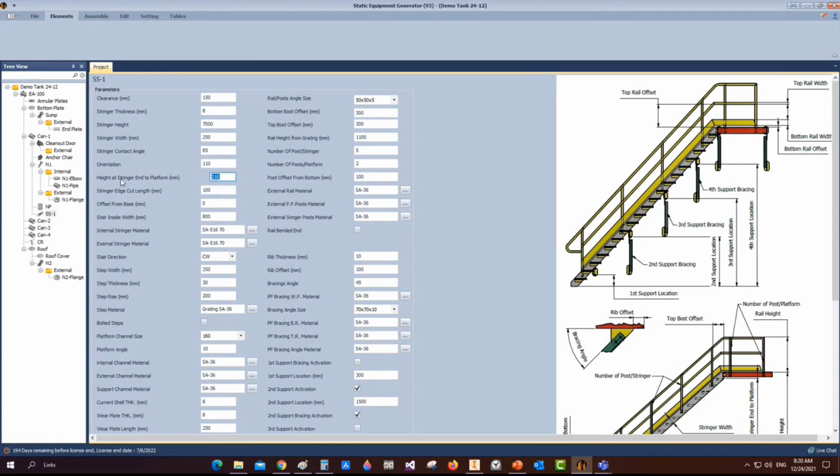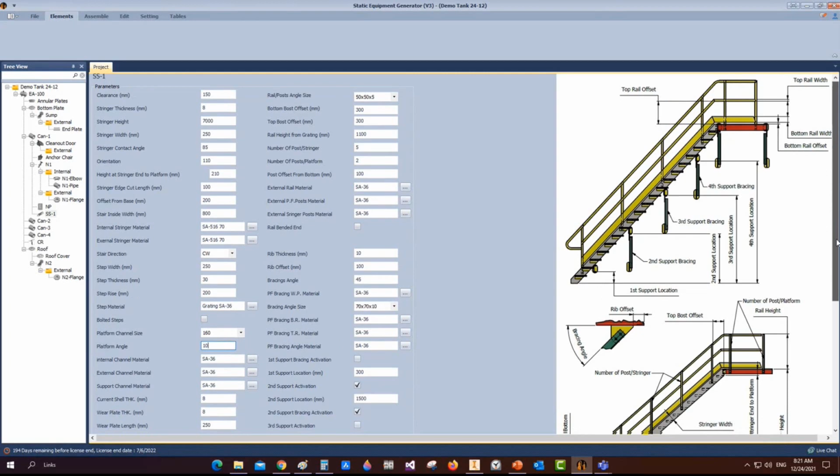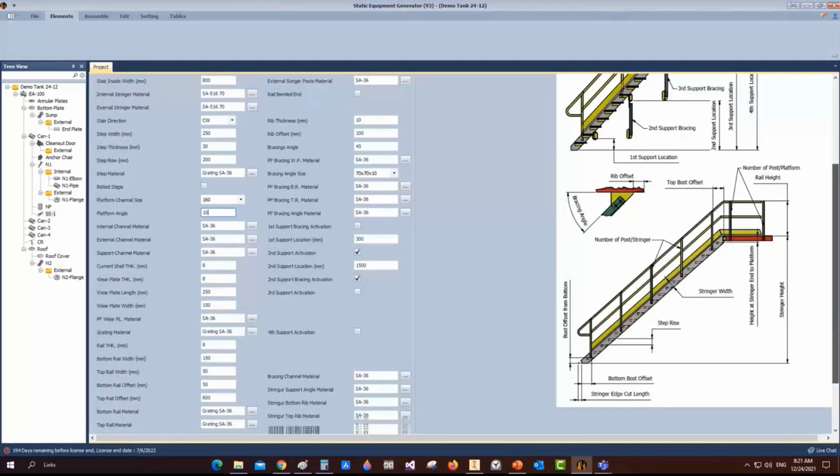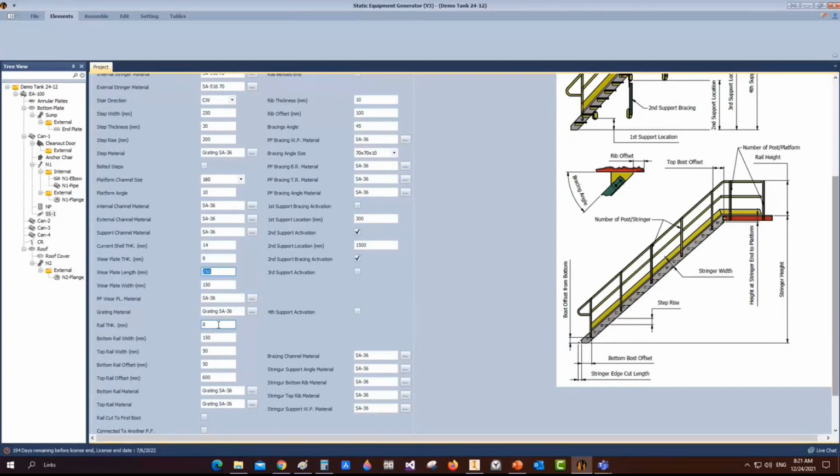110 degrees. The height at a straight inch. Offset from base, let's make it offset from base with 20 millimeters. Inside width of the stair, here that's the direction, clockwise direction or counterclockwise direction. Step width, step thickness, step rise. Okay, and from here let's come down here, and the current shell thickness is 14 meters. The wear plate thickness, dimensions of the wear plate, the rail thickness, and from here let's select